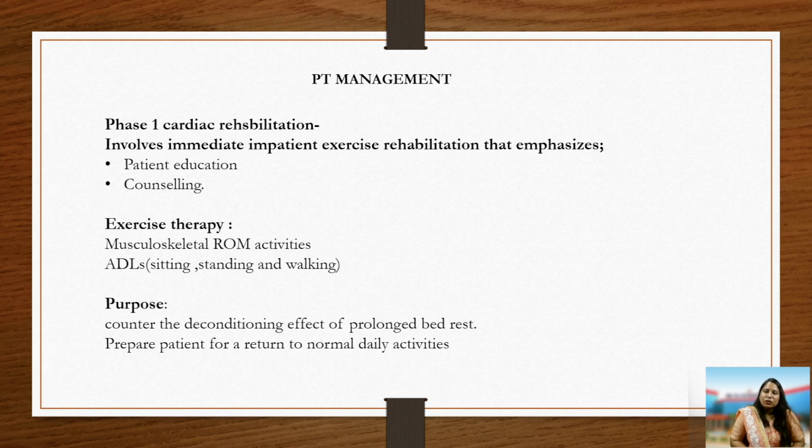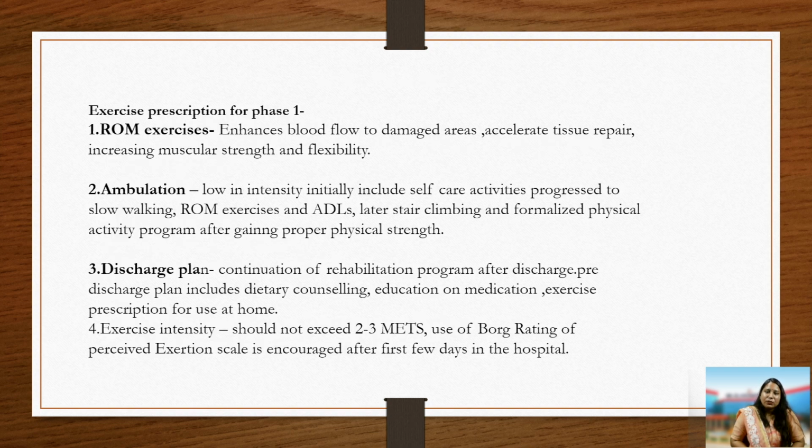Purpose: counter the deconditioning effect of prolonged bed rest, prepare the patient for a return to normal daily activities. Exercise prescriptions for phase 1: range of motion exercises enhance blood flow to damaged areas, accelerate tissue repair, increase muscular